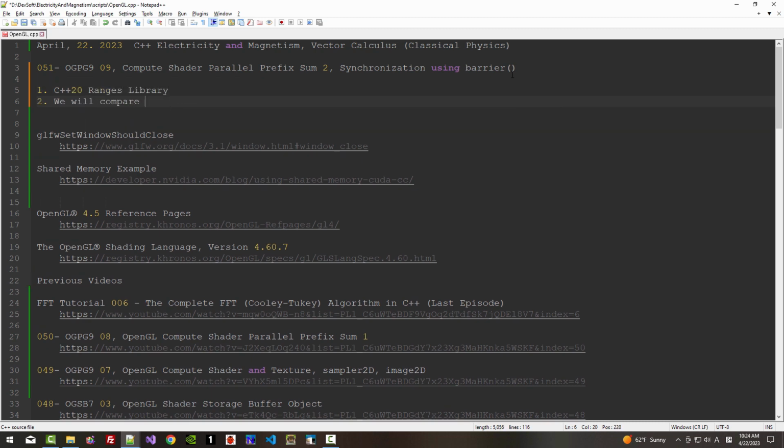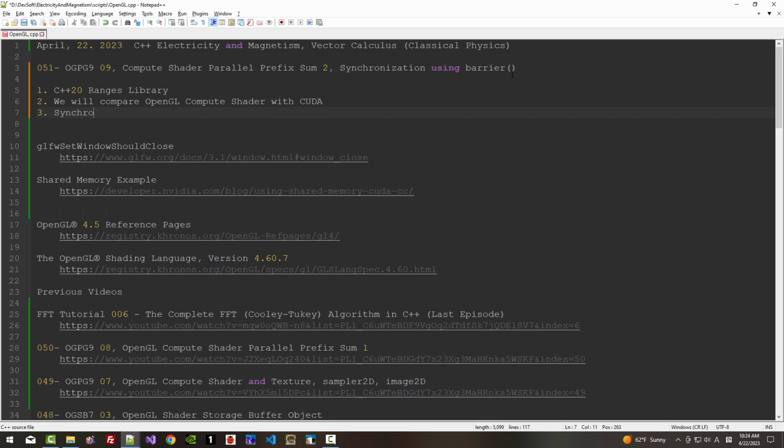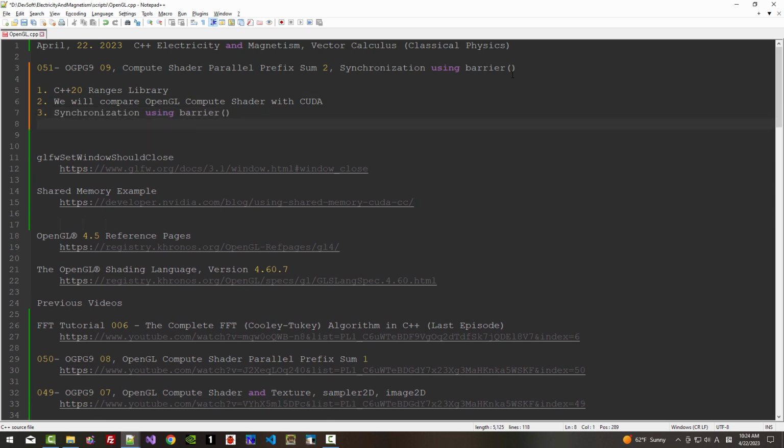We will compare OpenGL compute shader with CUDA. We will learn synchronization using barrier function. We will also learn how to gracefully exit an OpenGL application using